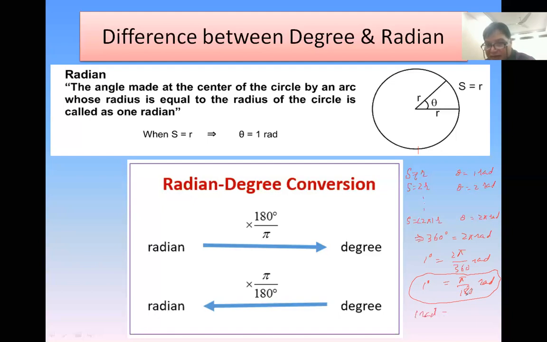And if you need 1 radian, from 1 radian, 180 is multiplied, and pi is in the denominator, and this will be equal to degrees. Compare this one: 1 radian is equal to 180 over pi degrees. And if you need the degree, pi over 180 is multiplied with the radians. Please, that is strongly not in our syllabus, but I think you should know all about these, please.